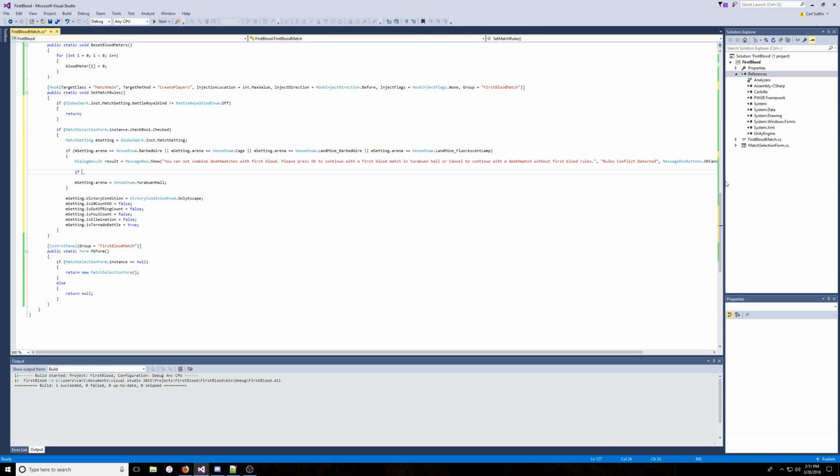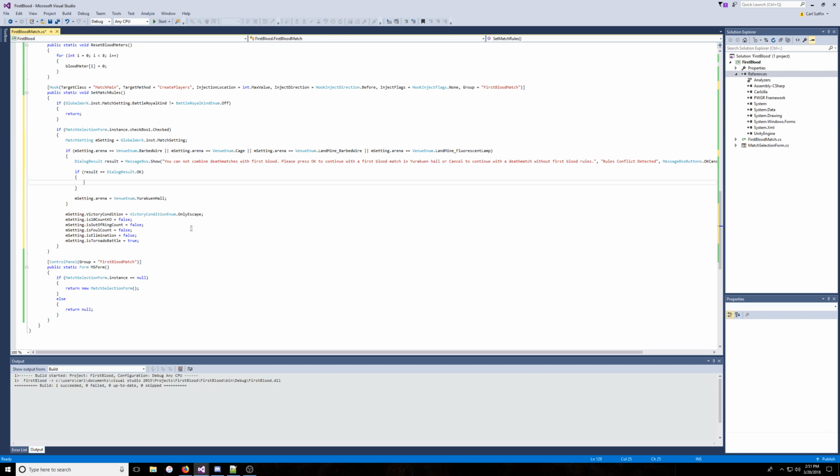So if result equals dialog result dot OK, so this is if they decide they want to continue with a first blood match, and we need the curly brackets, and that's when we change it to Urakuan Hall. Else if result equals dialog result dot cancel,